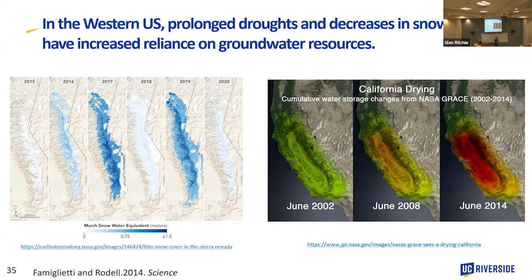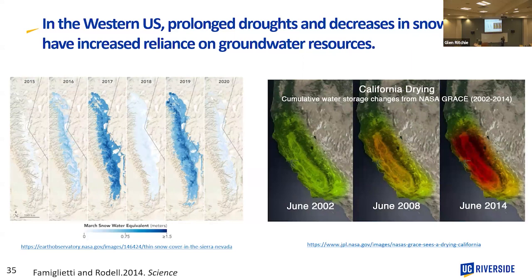Why I'm focusing mostly on the droughts and the drought processes, because we are living in the western part of the US, and the western part of the US has experienced significant droughts, particularly in recent years. Here, the figure on the left shows changes in the snowpack in the Sierra Nevada. We see a lot of variability, but it seems the system is getting drier.